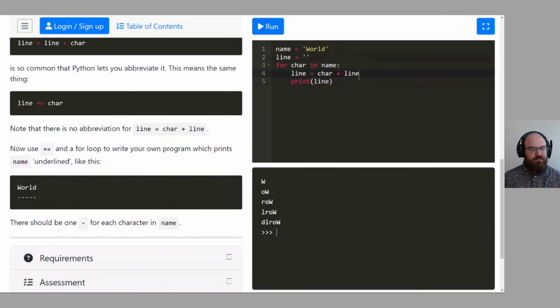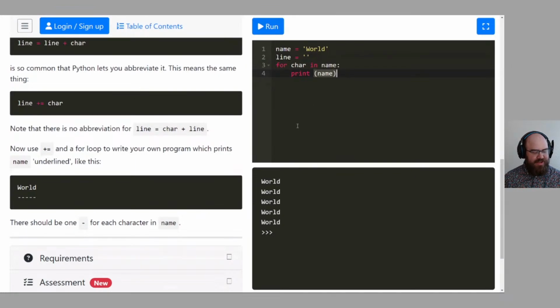I remember this. Let me see something. Okay, good start. Damn it. But then, right, you don't want name, world, five times. You only want it once.